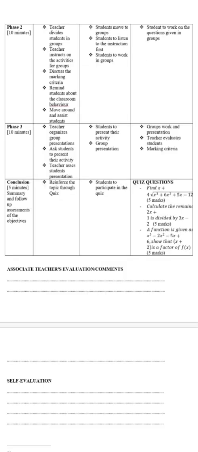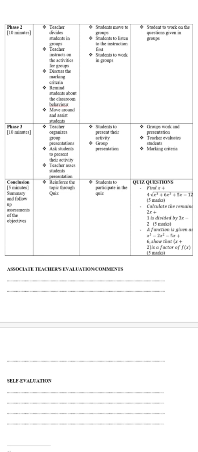For this lesson plan, as asked in the question, I will be discussing the activity, which is phase 2. For the activity, first of all, I will ask the students to divide themselves into groups. I will instruct the students about the activities, and then I will discuss the marking criteria, which is that the group activity is 2 marks each. There are 4 questions, 2 marks each, so I will be dividing the students into 4 groups.